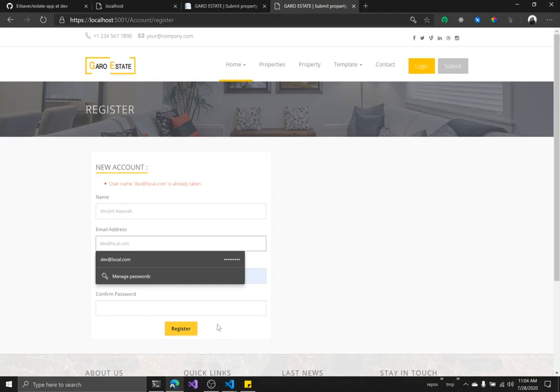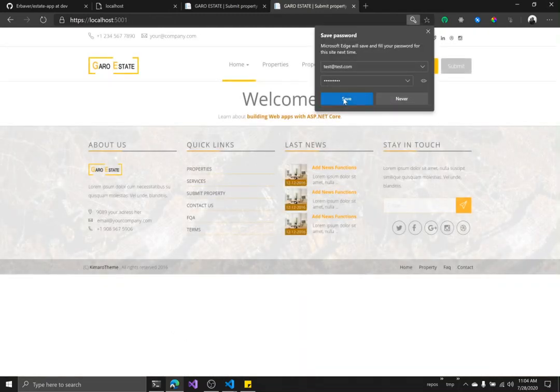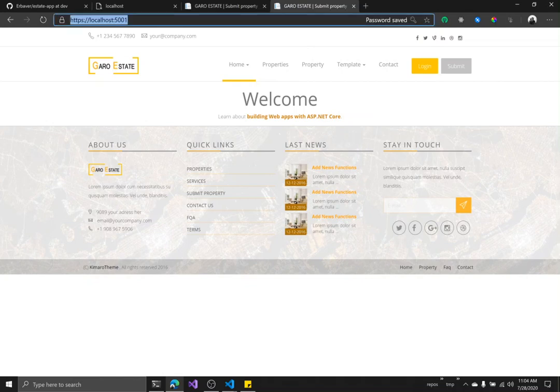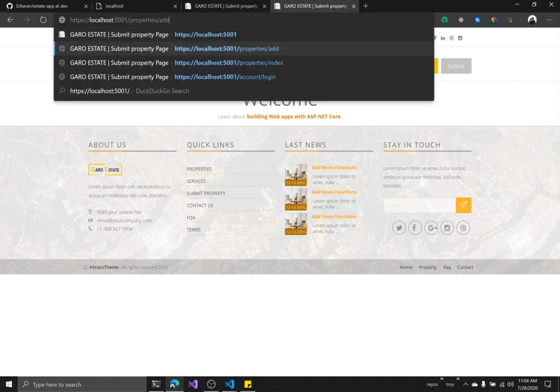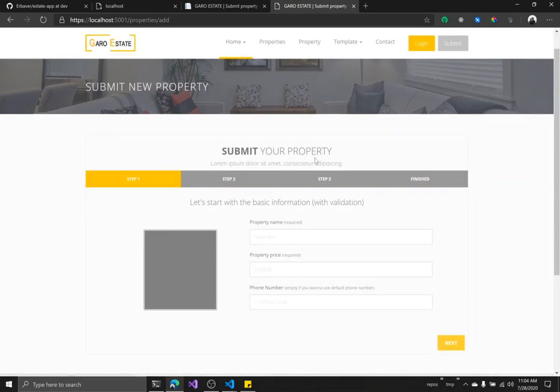Okay, let's just use test at test.com. I'm going to use dev for the password. I'll say dev at 12345. It's my favorite dev password, dev at 12345. And I'm going to say register. I'll save it. And now if I go to slash properties slash add, it doesn't tell me to sign in because I'm actually